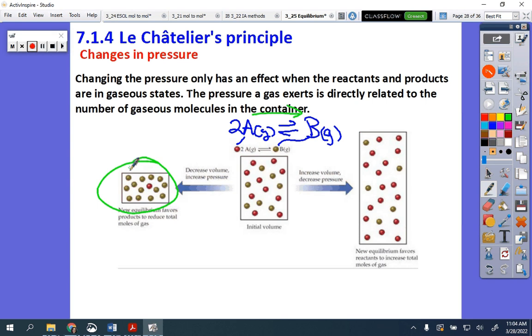If we decrease the pressure of this initial reaction, by increasing the volume, for example, then again, the system is going to try to make up for that to end up with a very similar amount of particles, or similar concentration of particles by, and make up for the decrease in